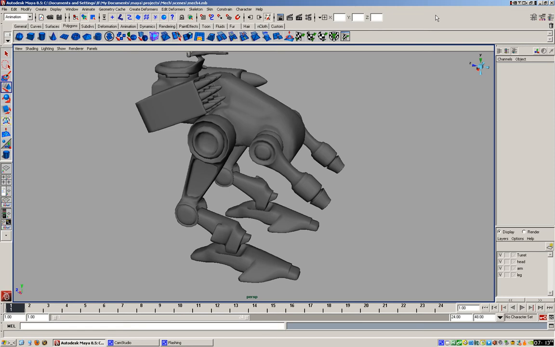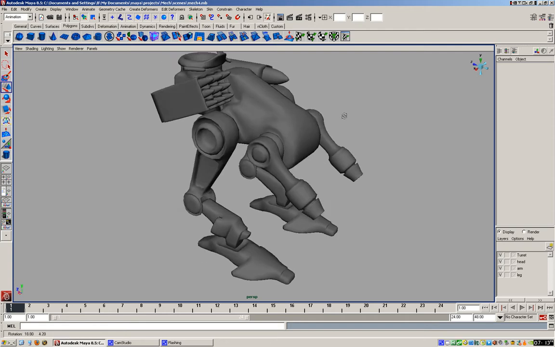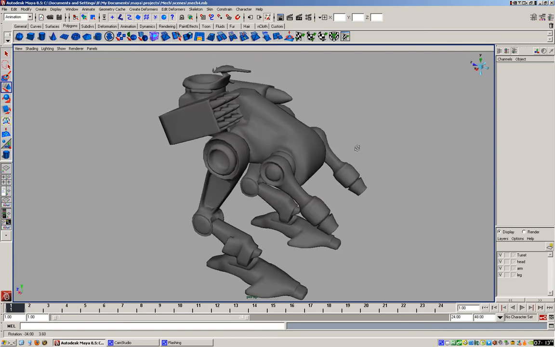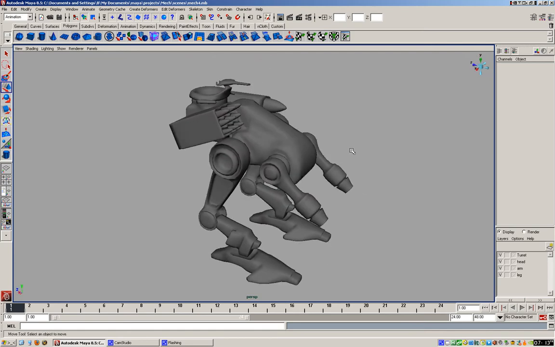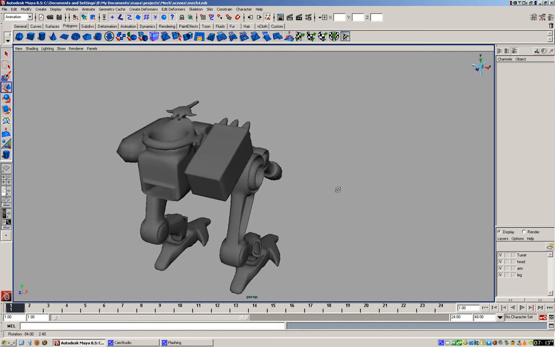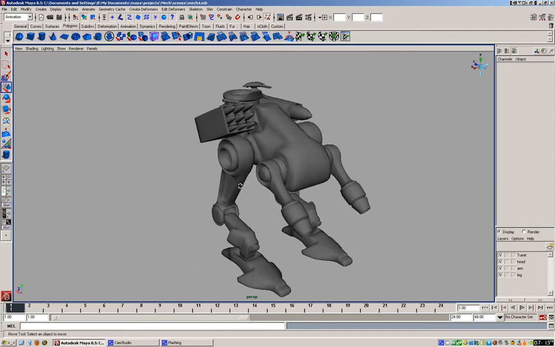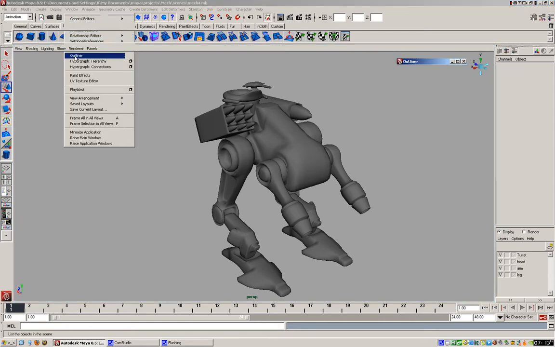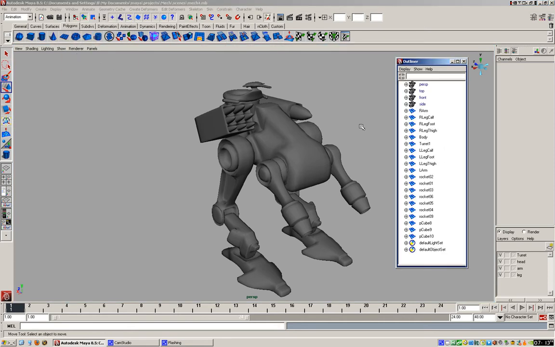Hello and welcome back. My name is Brandon LaFrance, and in this tutorial we're going to get into the outliner in a little bit more detail than we have, and if we have time, some constraints that you may find useful in animating. Now the outliner can be found, you go up to Window, down to Outliner, and if we